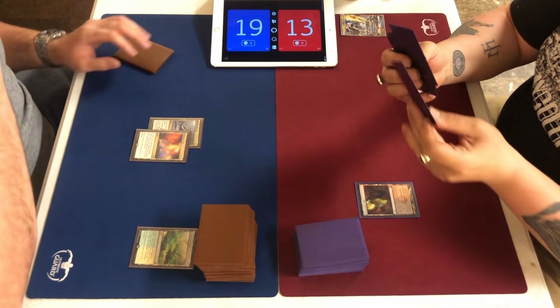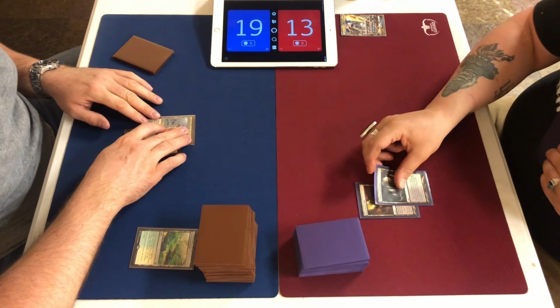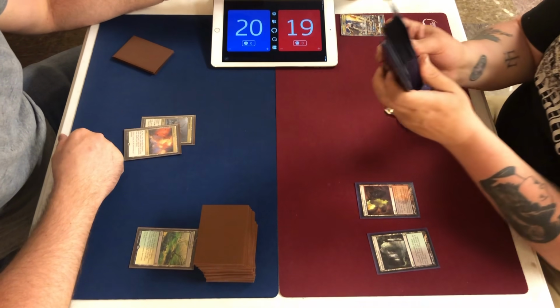I think the move here is Verdant Catacombs, and I'll pop it. All right. You can go to 12. That's very low. No. I'm going to get...